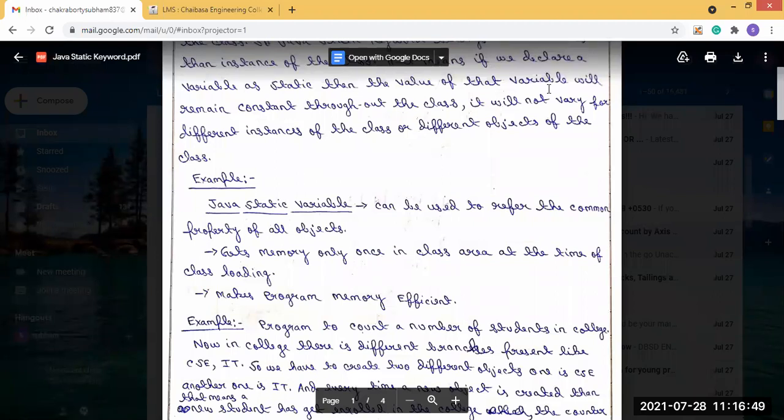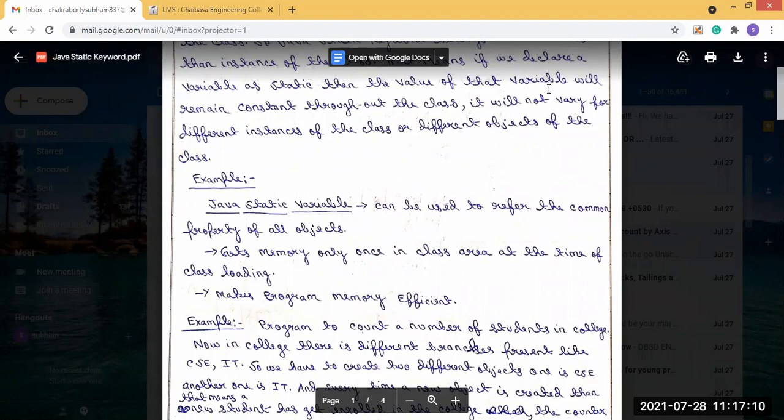Let's say there is a program to count the number of students in a college. In the college there are different branches. Let's say we have taken two branches, CSE and IT.